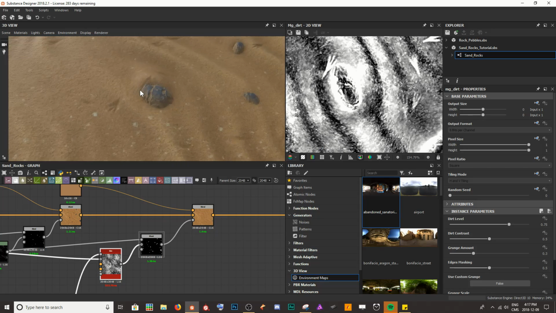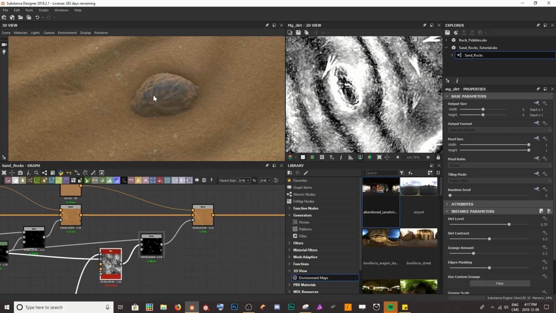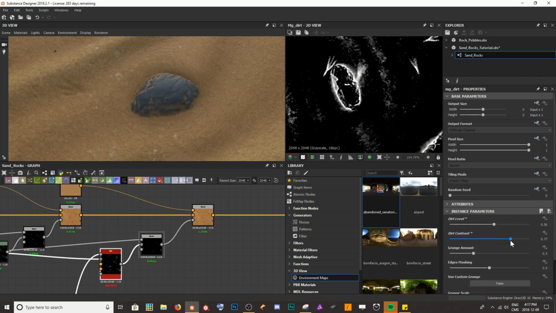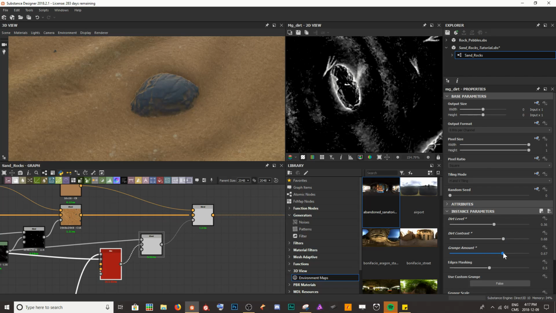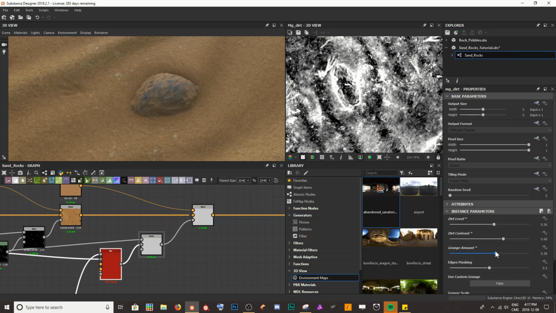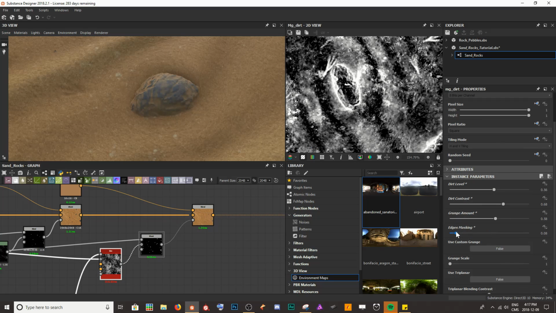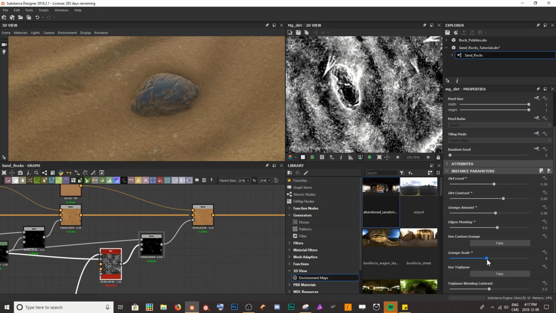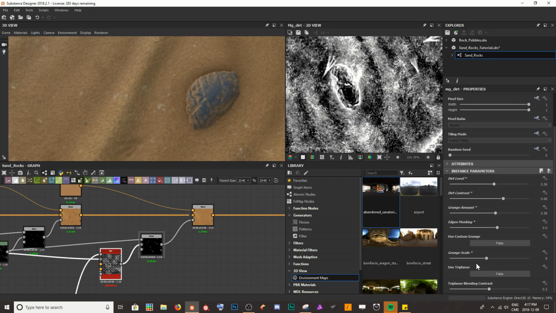Let's take a look here. Find a nice good rock to look at. And we can decrease the actual dirt level so that it's not as overbearing. We can increase or decrease the contrast. We can change the amount of grunge that we're going to get all over our texture there, and the amount of masking that our edges are going to receive. We can also change the grunge scale to make it a lot smaller information, but this doesn't really matter